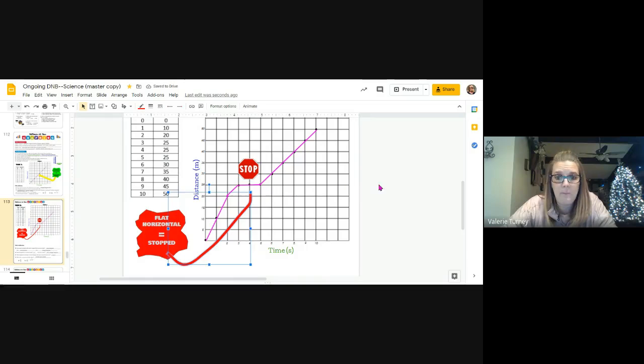Now, I want to put a little arrow on the very end. So if I click on that and choose line end, that's what I want, right there. I want that little arrow, and it points to that area right there. I guess we can circle it as well, right in through here. What that means